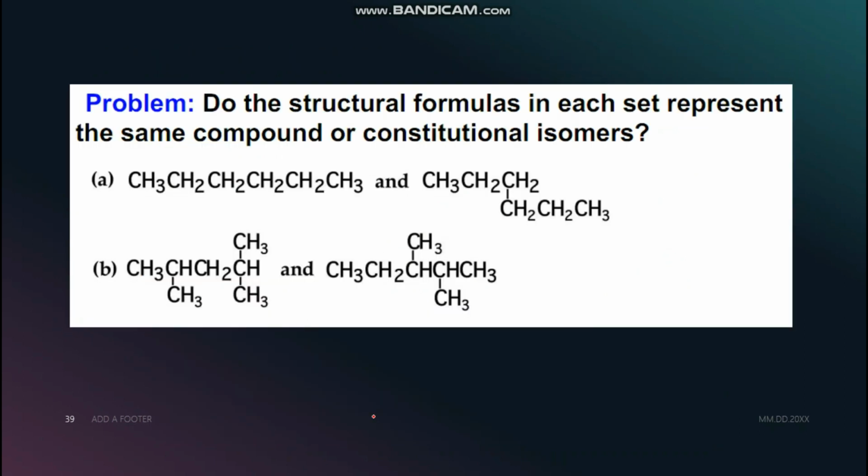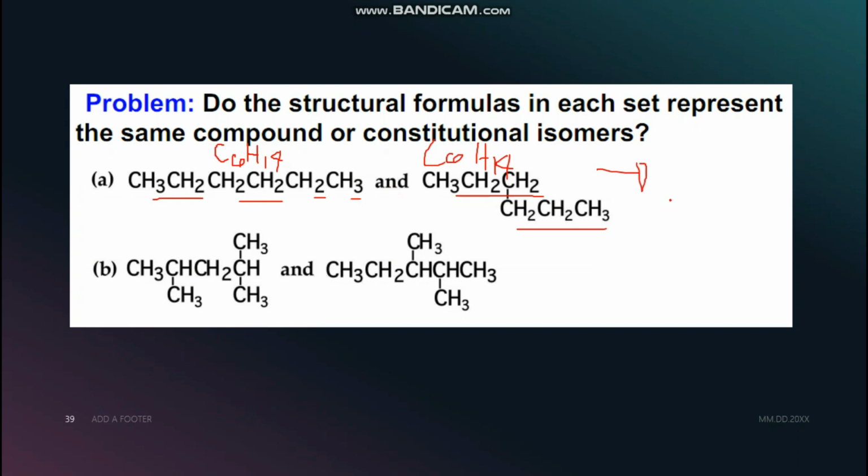So we have here a problem set. So let's try to answer them. Okay. So we have here 1, 2, 3, 4, 5, 6. So we have C6, and the hydrogen atoms are, there's already 5, 9, and 12, and 14. So C6H14. And this one is also C6, and this is already 7 and 7. So this is 14. So both of them have the same molecular formula, but